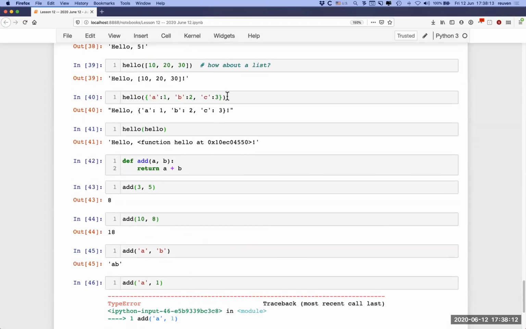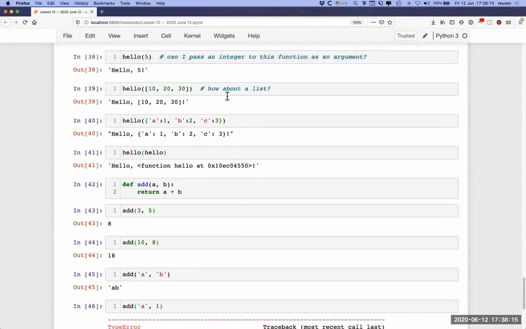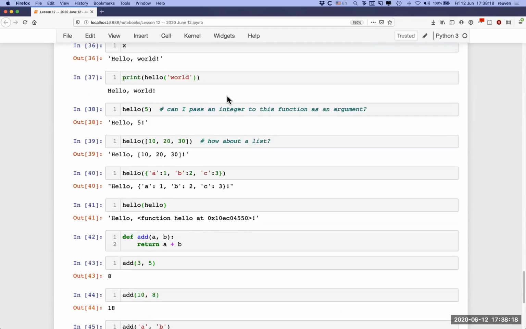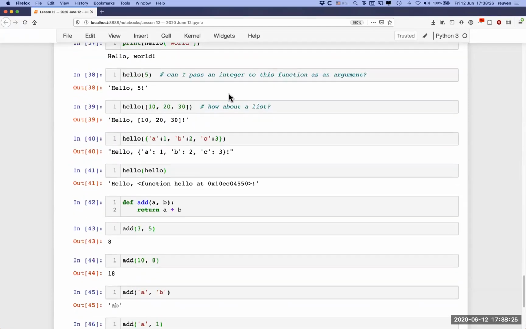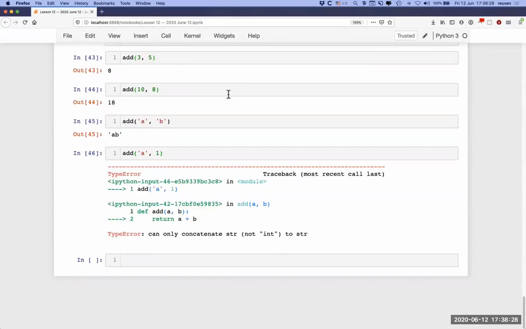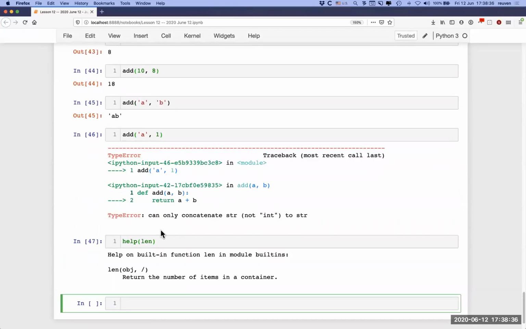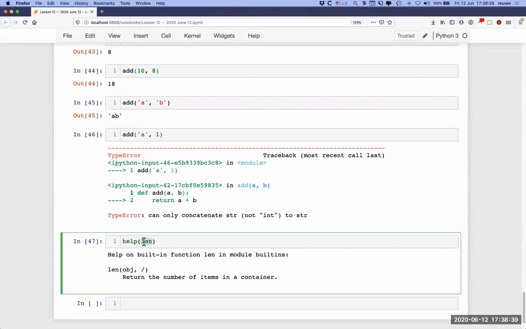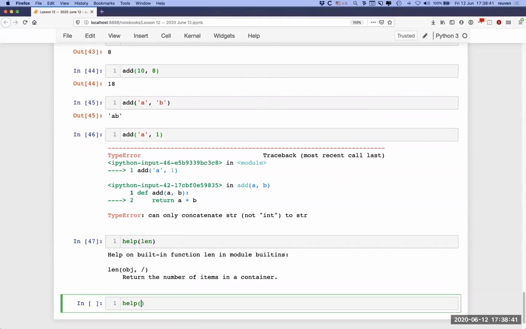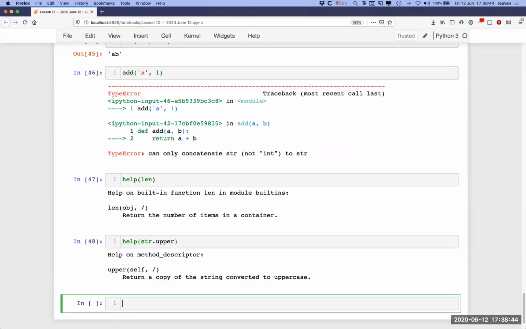So the long answer to the short question is you can indeed pass whatever you want. And because functions are objects in Python, functions are just another kind of data with the added benefit that we can execute them. Yeah, you can pass functions as arguments to other functions. I'll even give you an example of that. If I say here, hey, help on len, what does this len function do anyway? Help, look at this, help is a function, and what's it getting as an argument? Len. And if I do help on str.upper, we will get the documentation for str.upper. Returns a copy of the string converted to uppercase. Fantastic. If I say help on hello,